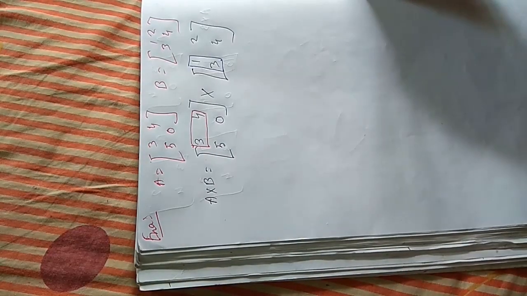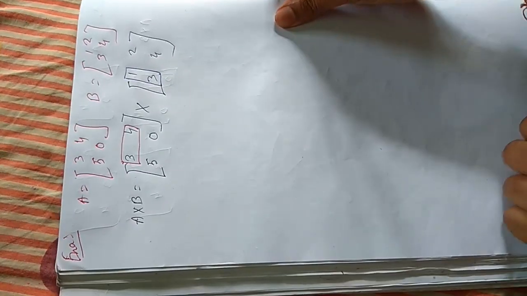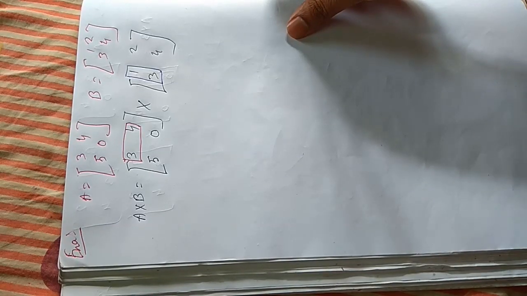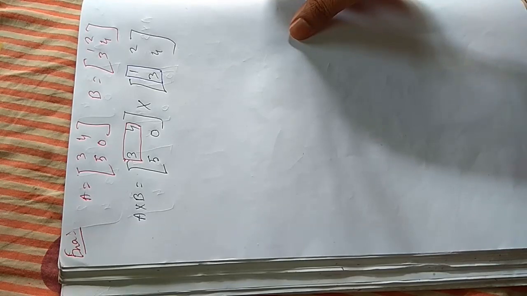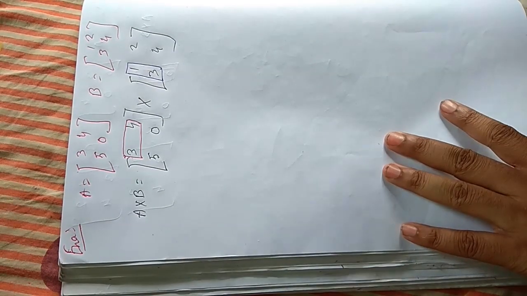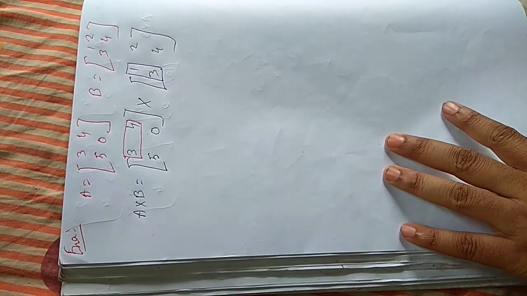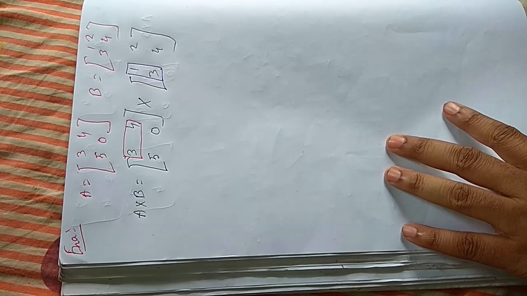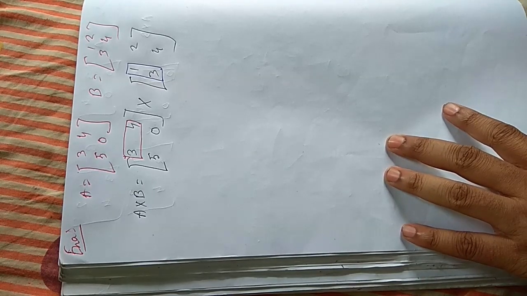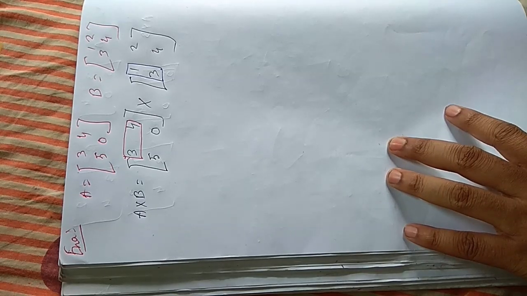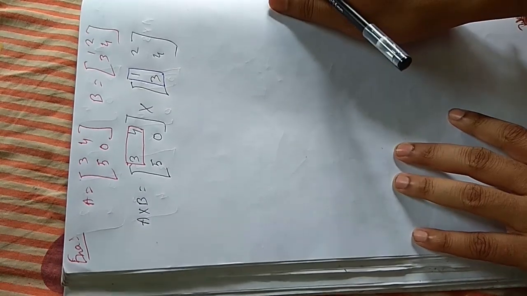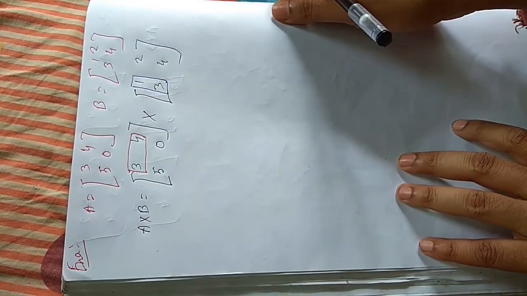Okay, just see it now. Now we take an example and see what the process is to multiply two matrices. Very important: in ICSE and ISC, matrix multiplication is 100% possible to come, that means definitely matrix multiplication will come. Okay, today we discuss how to multiply any two matrices.